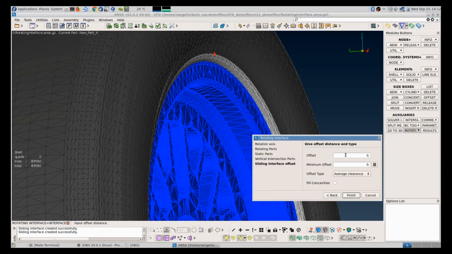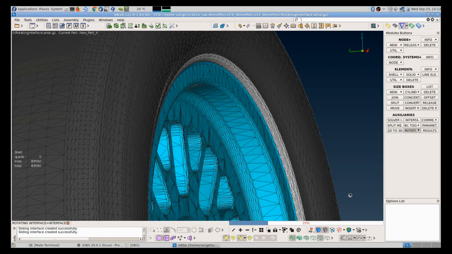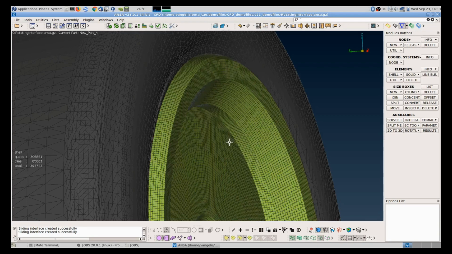So go to next and specify the offset, let's say 20 millimeters. Now ANSA will create a revolute surface that will offset from the selected rotating PIDs, but it will of course exclude the static PIDs, which are not rotating. And this will define the fluid zone that is rotating.